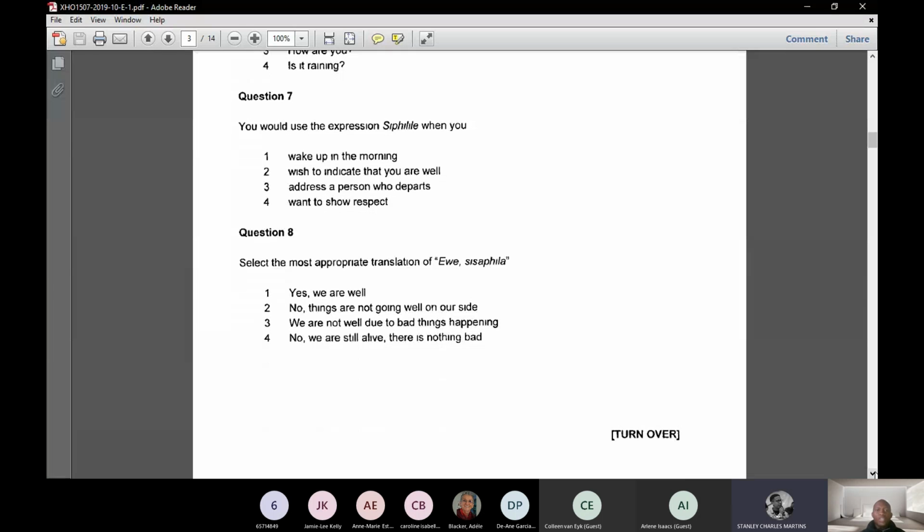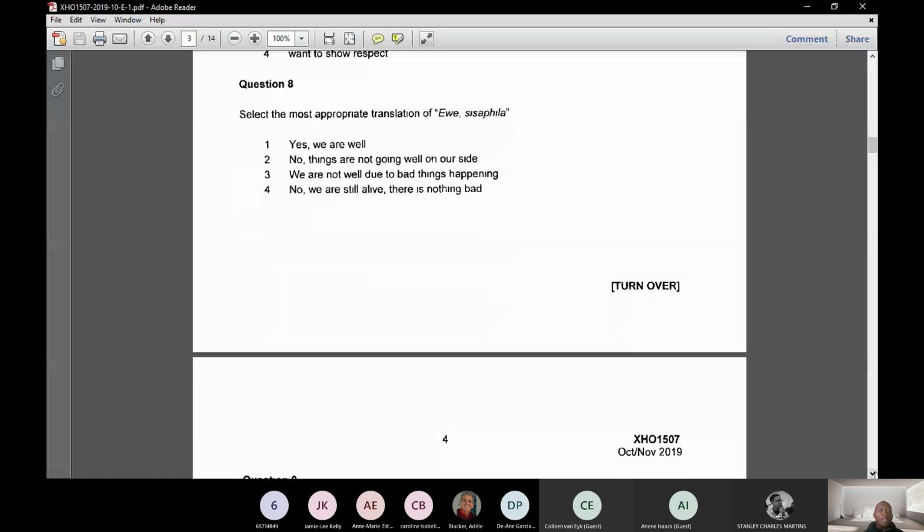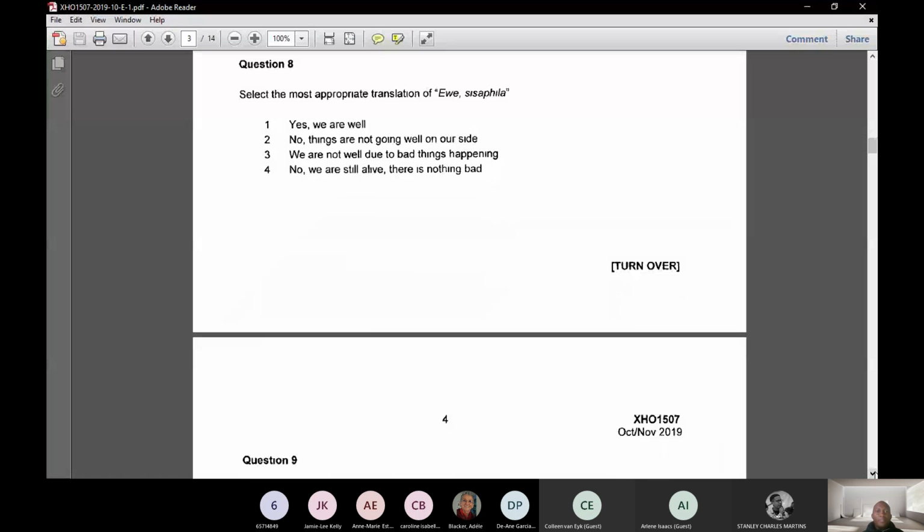Question 7, you would use the expression siphilile when you wake up in the morning, when you wish to indicate that you are well, when you address a person who departs, when you want to show respect. Number 2 is correct. Siphilile is we are well. Still the most appropriate translation for ewe sisaphila